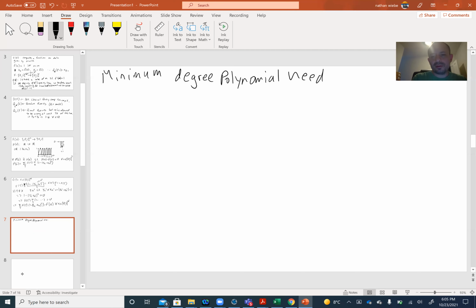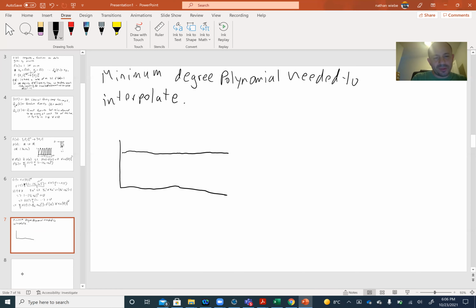Needed to interpolate. So just to give you some intuition behind this, let's consider a case where our function was literally constant. Let's say we had this up here. Our function is just 1 at every single point over here. And if we had that particular case, well, we can interpolate this function completely using a degree,